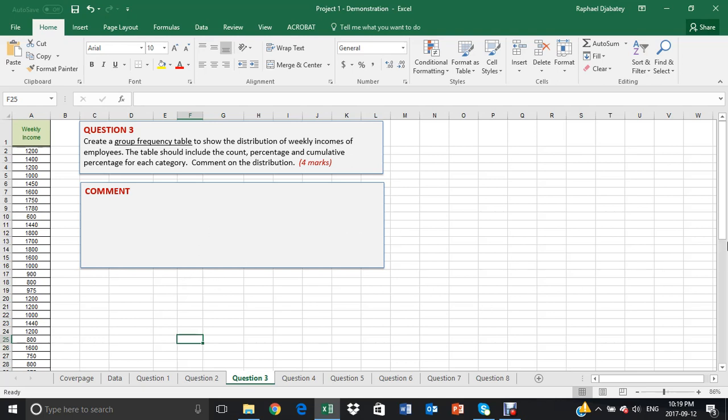Question 3. In question 3, students are being asked to create a group frequency table to show the distribution of the data item listed. In this demo, you are being asked to create a group frequency table to show the distribution of weekly incomes of employees. The table should include the count, the percentage, and the cumulative percentage for each category. And students are required to comment